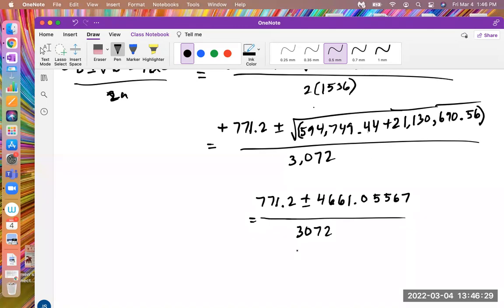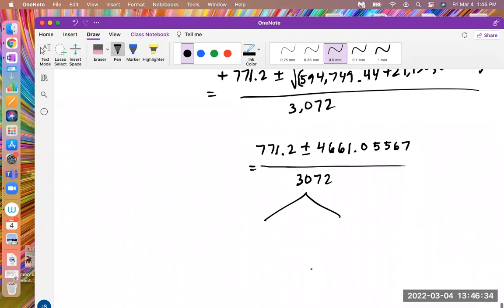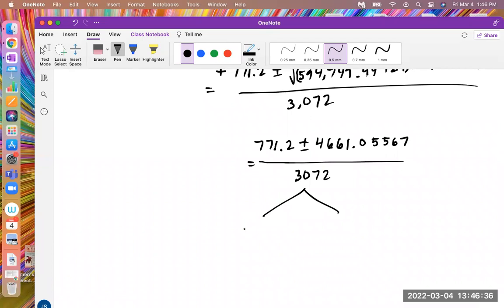Now I have this problem. There's two solutions that are coming from this problem. It is the 771.2 plus 4,661.05567. And then make sure it has equals and get the number in the numerator. So that gives me,